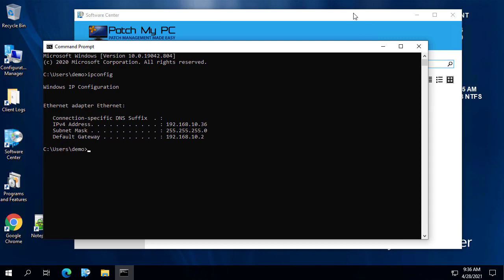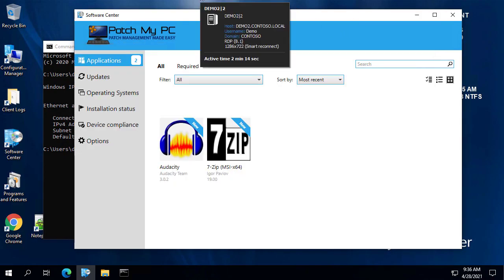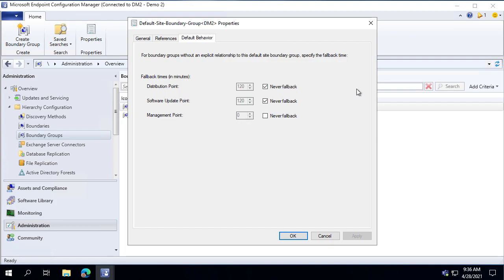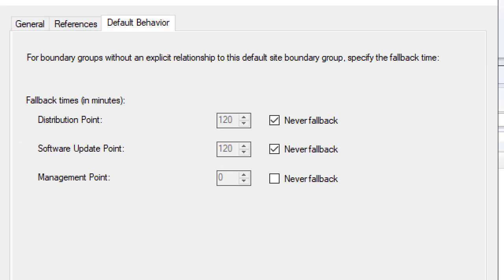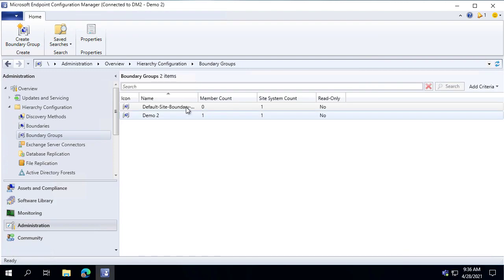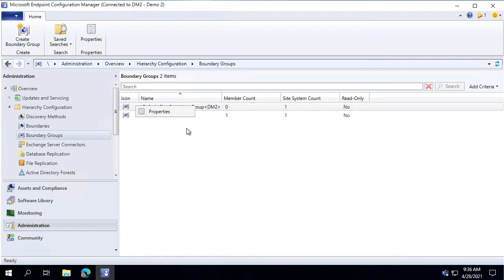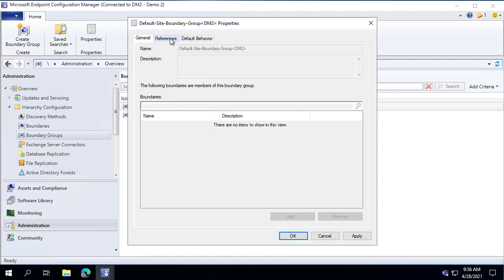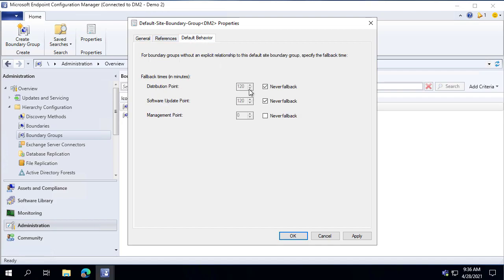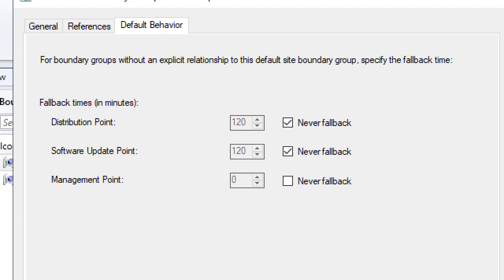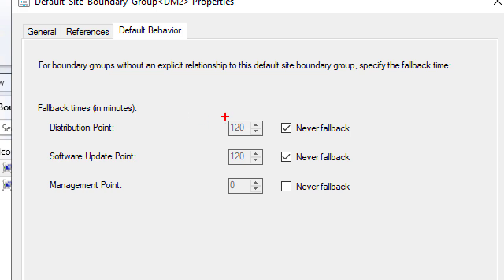All right, so before we actually kick off this installation, one thing to call out, back on my site server, we did turn off fallback. To show you where that happened, we went to the default boundary within the site or boundary group. Under the default behavior, we did say that we don't want to allow clients to fall back to this default